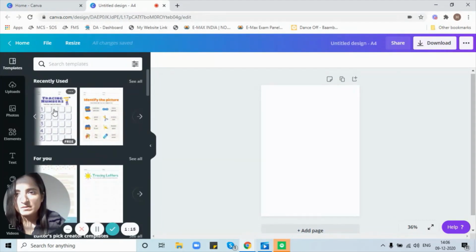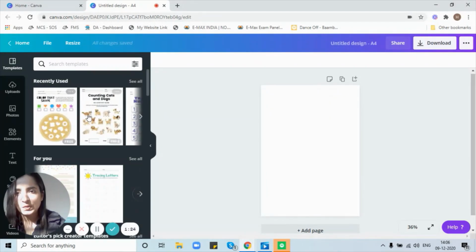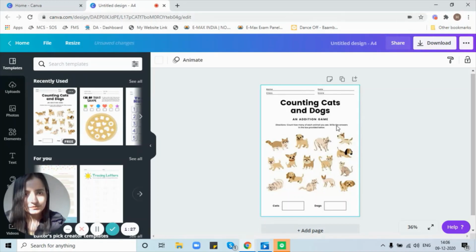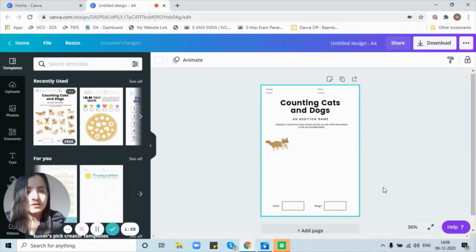So let's say I want this tracing numbers. So I'm going to go for this. If I feel like I need to identify the picture and explore that, I can go with that. So let's go with counting cats and dogs. So over here, what kids are supposed to do is,